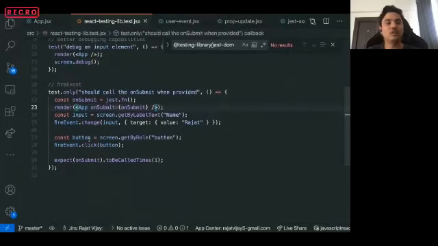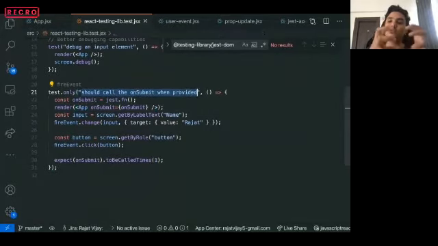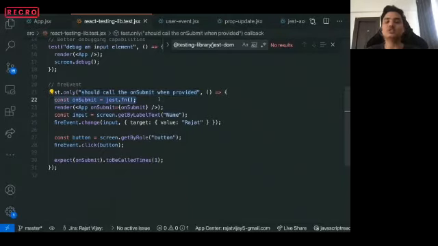What we are testing here is: should call the onSubmit when provided. So when a user fills out the form and clicks on the submit button, the component should call the onSubmit, which was provided as a prop to the component. We are testing if that function is being called or not. To test that, we mock a new function using the jest.fn utility.